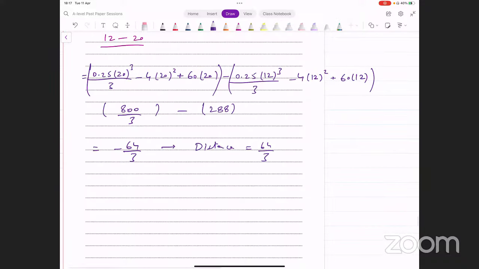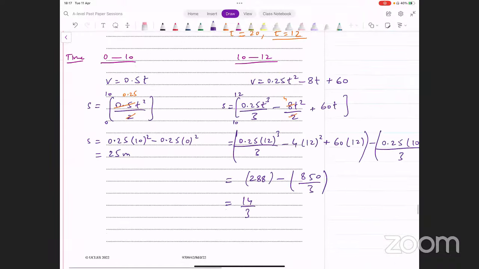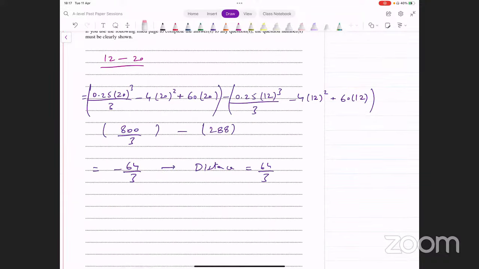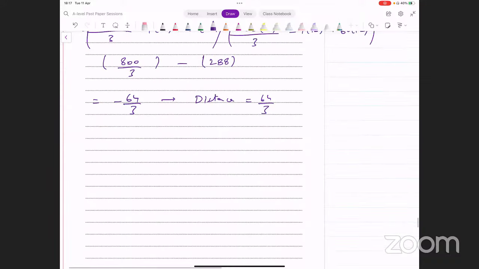दैट्स द होल पॉइंट ऑफ कैलकुलेटिंग दिस सेपरेटली, बिकॉज हमें पता है 12 के ऊपर जाकर ना डायरेक्शन चेंज हो रही है. 10 to 12 वो एक साइड पे जा रहा है और 12 to 20 दूसरी साइड पे जा रहा है. तो इसको इकट्ठा नहीं कर सकते इसलिए, बिकॉज एक पार्ट में पॉजिटिव डिस्प्लेसमेंट है, दूसरे पार्ट में नेगेटिव डिस्प्लेसमेंट है. तो हमने अलग अलग करके इनको पॉजिटिव करना है पहले, फिर ऐड कर लेना है. अब इन